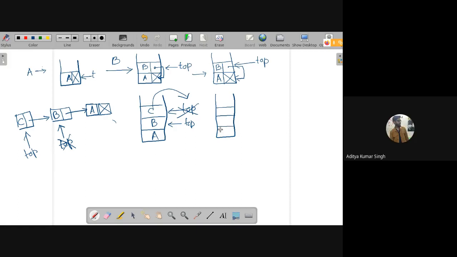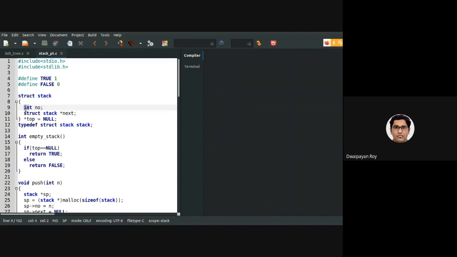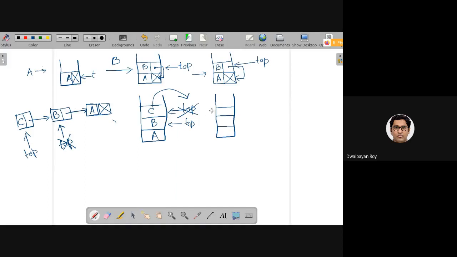We can do with this linked list, single linked list. Yeah, of course it will be singly linked list. The way the stack will be handled is like that. It will be singly linked list, of course. There is no doubt about that. But my question is, what will be the data part? Earlier, as you may have written, the data part was an integer. But for this scenario, what will be the data part?